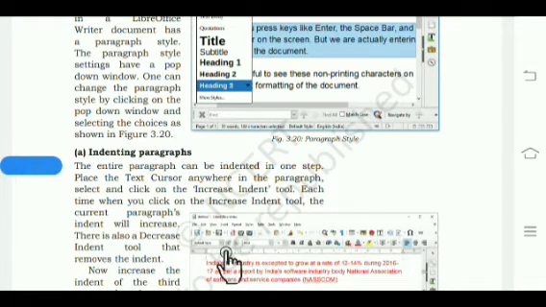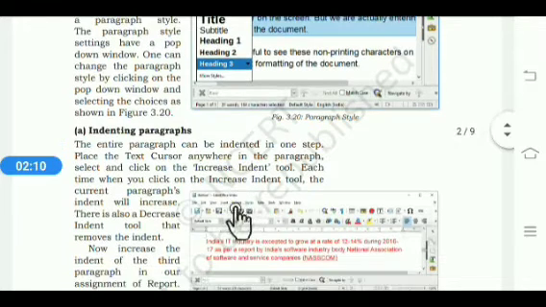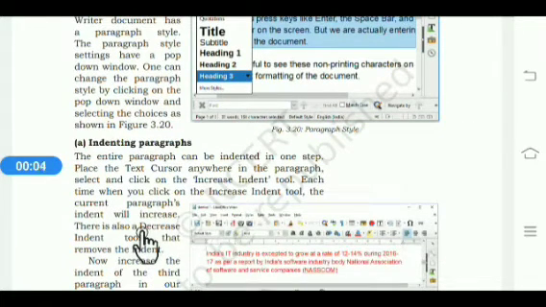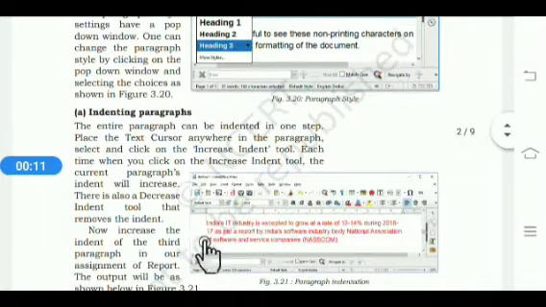Then, when we click on the increase indent tool option, the text will shift half an inch away from the left margin. And when we click on the decrease indent option, it will move the text half an inch closer to the left margin. Then another method for indentation is, firstly click on the format tab, then select the paragraph option, then the paragraph dialog box will appear, then select the indent and spacing tab and select the required indent according to your choice.